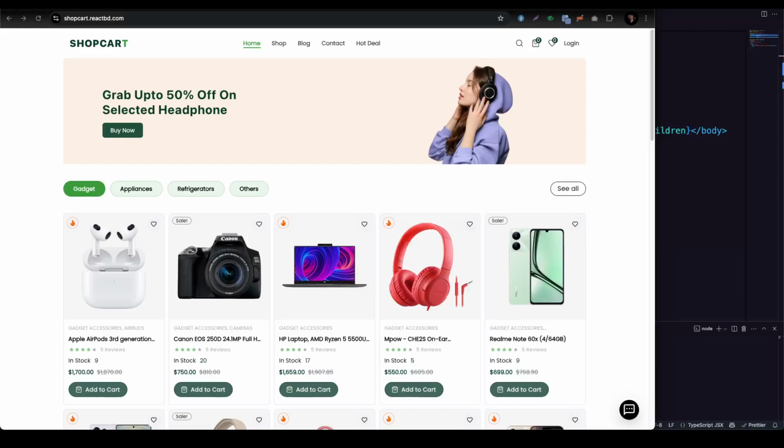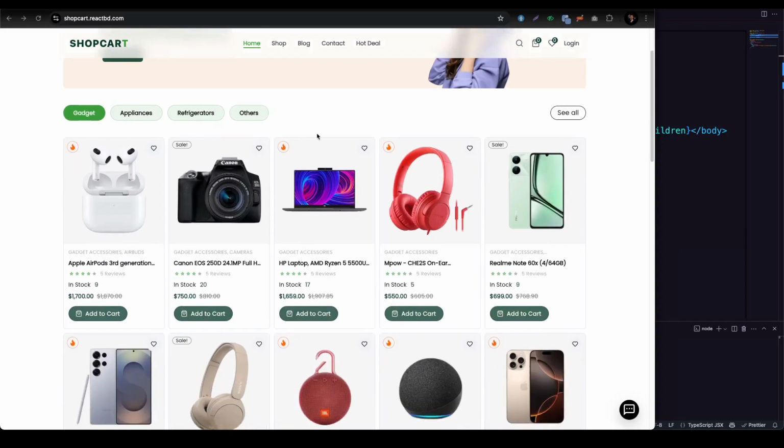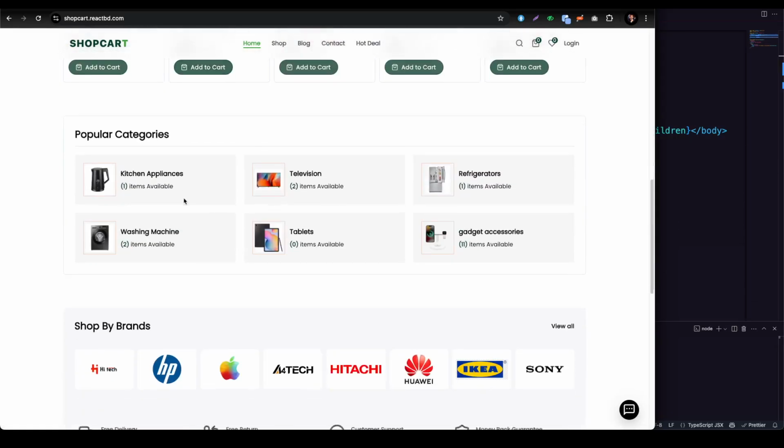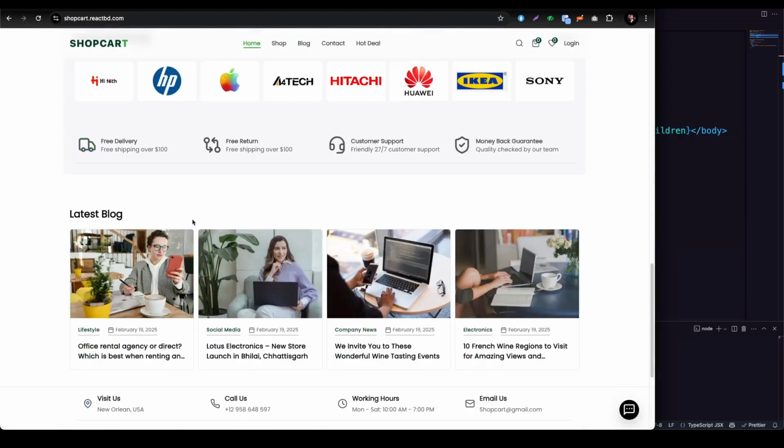So first, we're gonna understand the build-up scenario. As you see, we have the header at the top, then we have our banner, and after that, the category criteria, then the products. Now, all of these, as you see, the products, the categories, brands, and the blog, all are funneling through our backend structure. So that data is not static; it would be dynamically fetched here, and we're gonna upload it all together, and